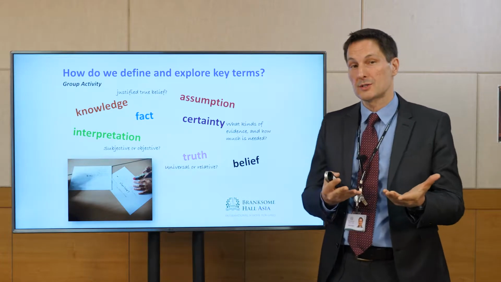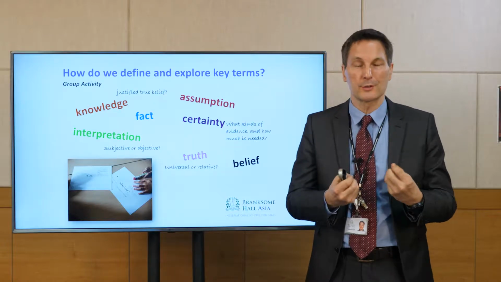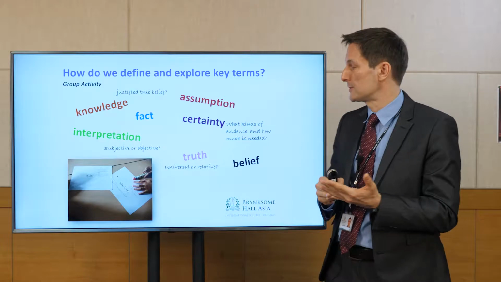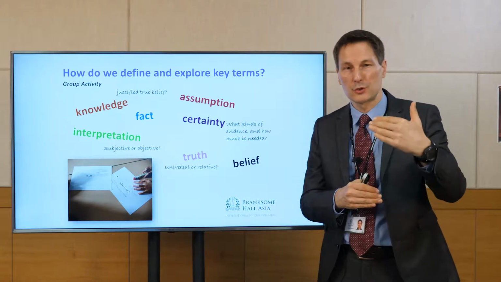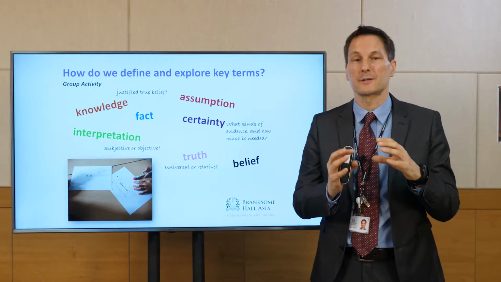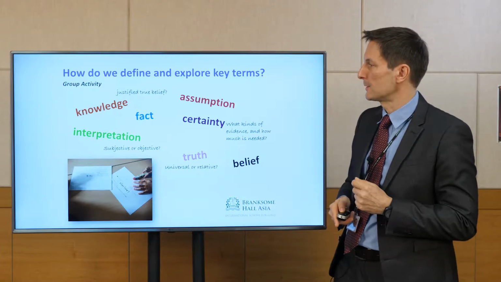And then with a word like certainty, which we overuse all the time, students will often say, I'm certain of this, I'm sure of something. We need to get students to understand that it's important to know, first of all, what kinds of evidence are being used to support that degree of certainty, but also how much evidence is needed. When can you stop collecting evidence and say, yes, I know this fact and I'm certain that it's true? So these are very important questions to be asking.